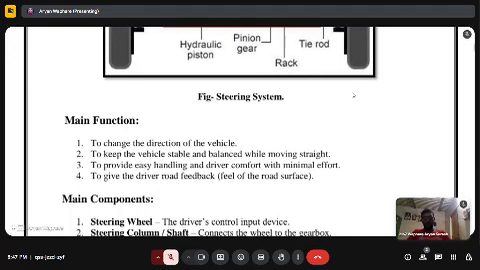So the main function is to change the direction of the vehicle, to keep the vehicle stable and balanced while moving straight, to provide easy handling and driver comfort with minimum effort, and to give the driver road feedback. So the main components are: